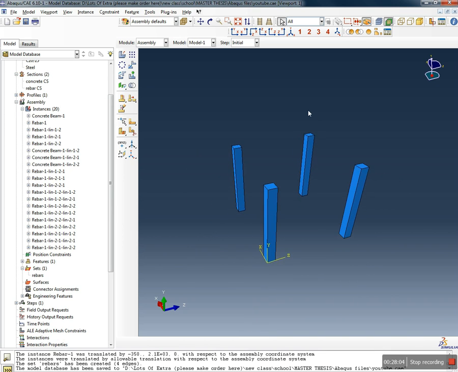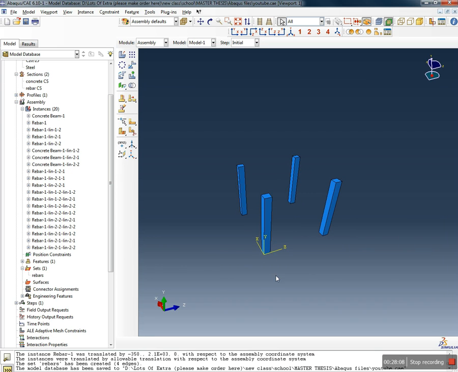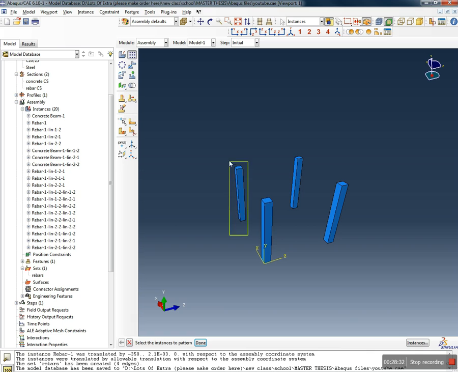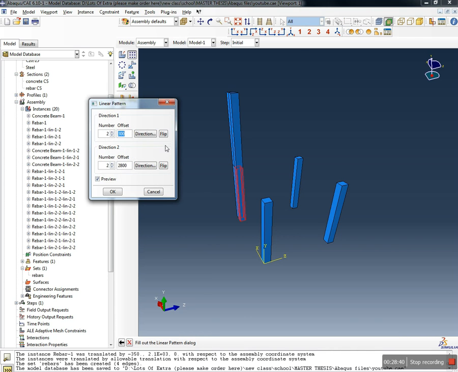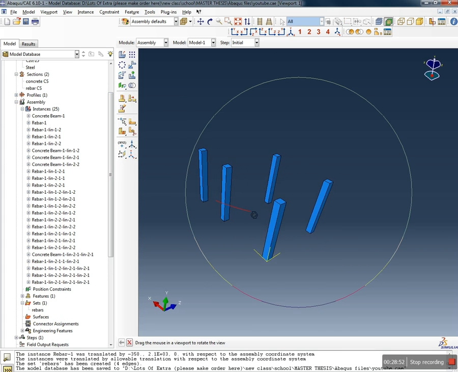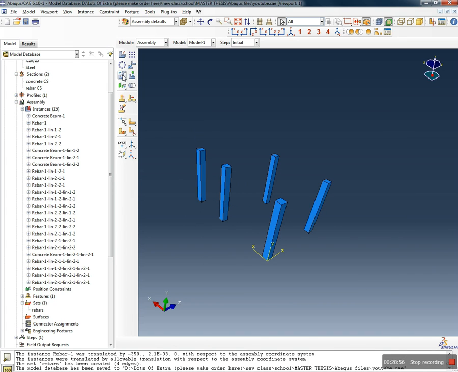What we will do right now is that we will take this column here, we will rotate it, or maybe not, no. We will do just a pattern, a linear pattern with this column over here, and we click done, and we just want one somewhere, doesn't matter where, 2000 here. Okay, we just want to keep this here for the moment because this will be rotated 90 degrees, done,